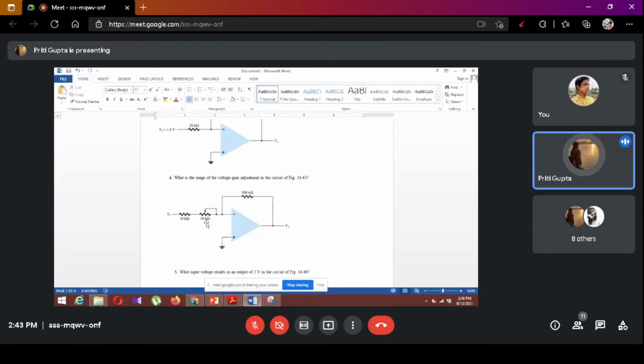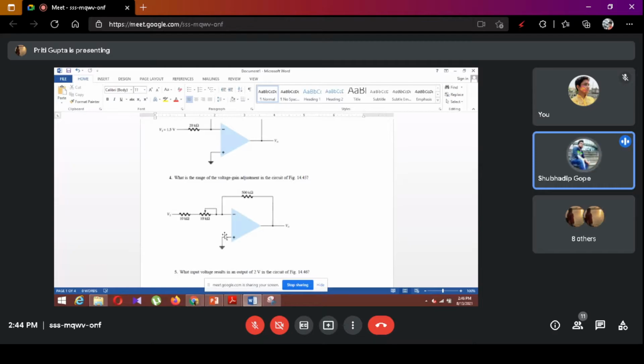So let us assume initially the rheostat is at zero position. So 10 kilo ohm plus 0, that is 10 kilo ohm. Next, let us assume the rheostat is at maximum position, that is 10 kilo ohm, so the total is 20 kilo ohm, your Ri. At first for 10 kilo ohm, find out V output and then find out ACL, that is the voltage gain. Then take the 20 kilo ohm and find out the V output and also ACL. That will be your range from minimum to maximum.